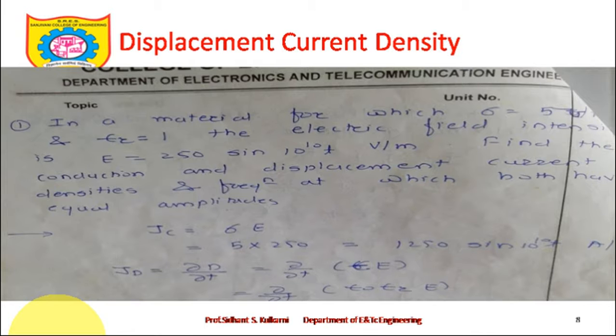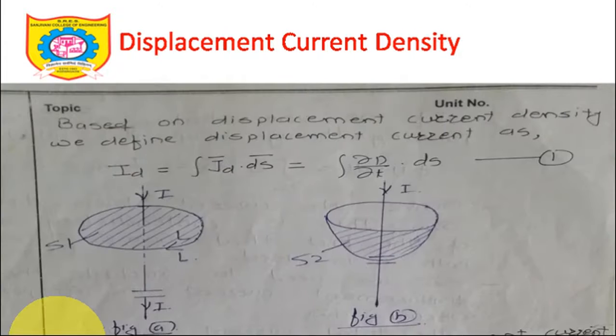This numerical we'll see at a later stage, but first of all we'll see the practical approach for this displacement current density. Let's take an example. A conductor is taken and one conducting loop is formed. The loop name is S1 and current starts flowing through it in this direction. There is a capacitor in this loop and the current also passes through the capacitor. If this conducting loop is taken inside the conducting rod, definitely the current I will pass through it, if the path S1 is taken.